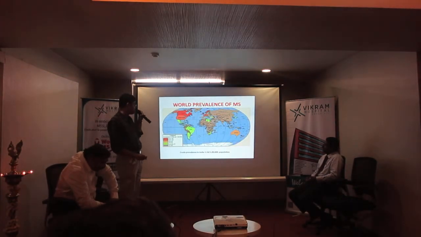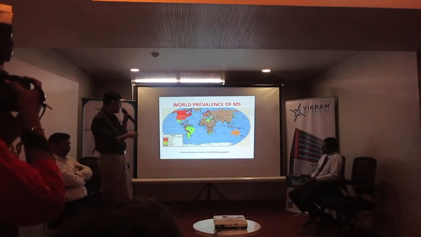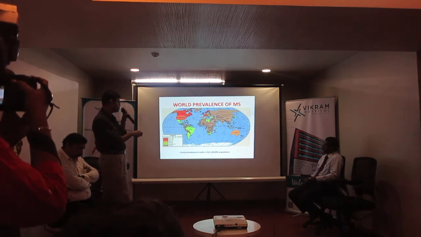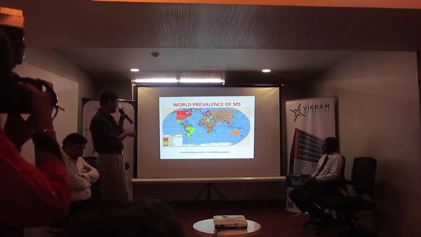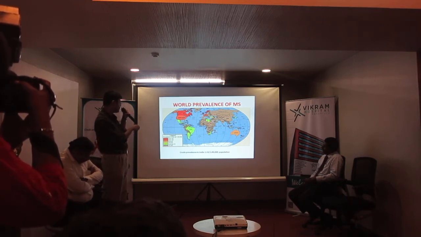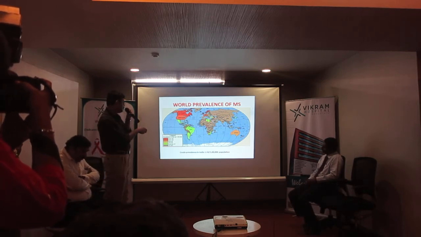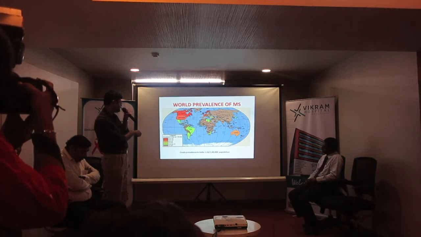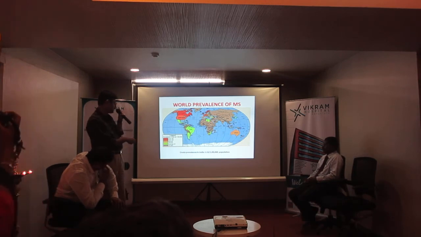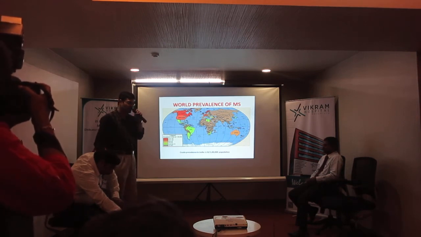If you look at the world prevalence of MS, unfortunately still, this is from around 2009 that I got this data. Most of the world doesn't have adequate MS surveillance, and we don't have enough data from almost 75% of the world. But if you look at the rest of the world that has got data, you will find that the temperate climates have a much higher incidence and prevalence of MS as compared to the more tropical climates. The crude prevalence in India, this is a study done from Bombay, was found to be 1.33 per 1 lakh population. So still not very high in India.